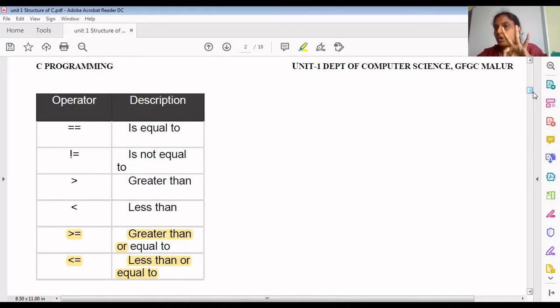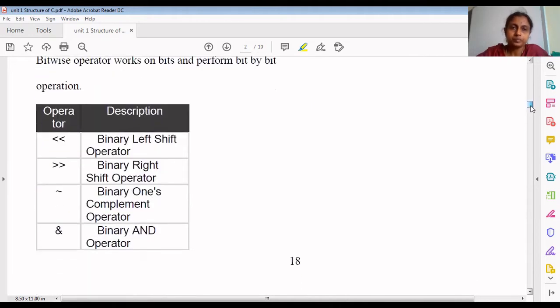So we have finished 3 operators. One is called arithmetic operator. So arithmetic operators comprise addition, subtraction, multiplication, division and modulus. Then we started with logical operator. Logical operator has 3 things: and, or, not. Then third is relational operator. Relational operator is of 6 things, 6 operators: equal to, not equal to, greater than, lesser than, greater than equal to, lesser than equal to. Till here we have finished.